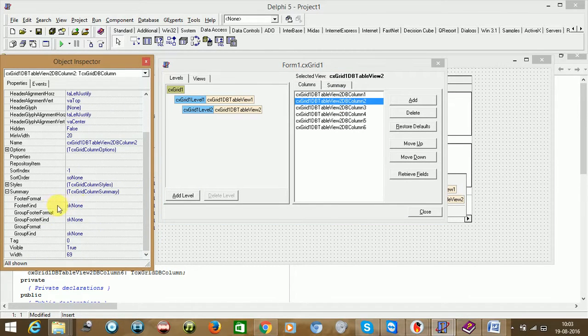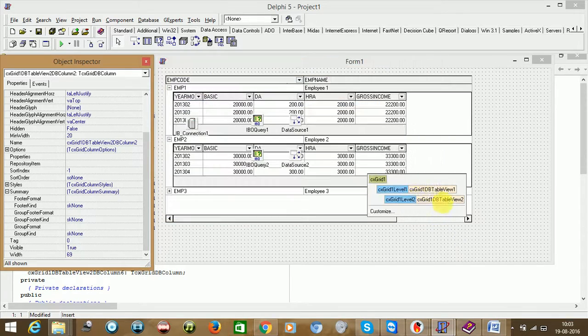Just say here you cannot say group footer because there is no grouping. Grouping is done by having two different views. You can do group summary when you have one group summary, here also you can see, but it is not exactly that; group summary is based upon employee one here, and this is detail one.